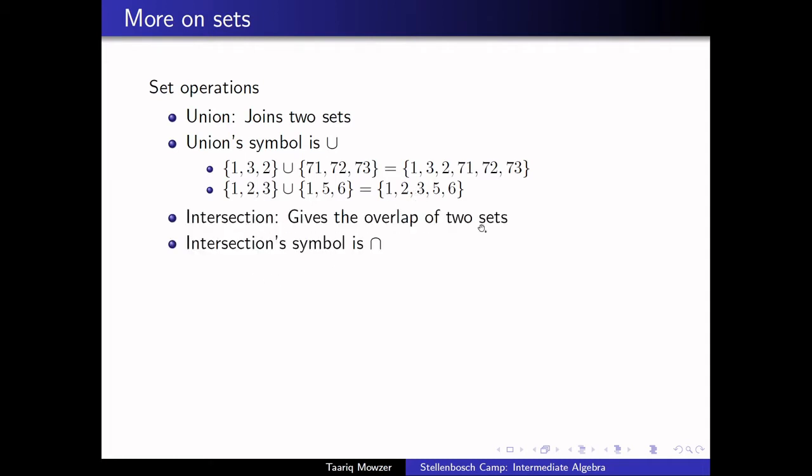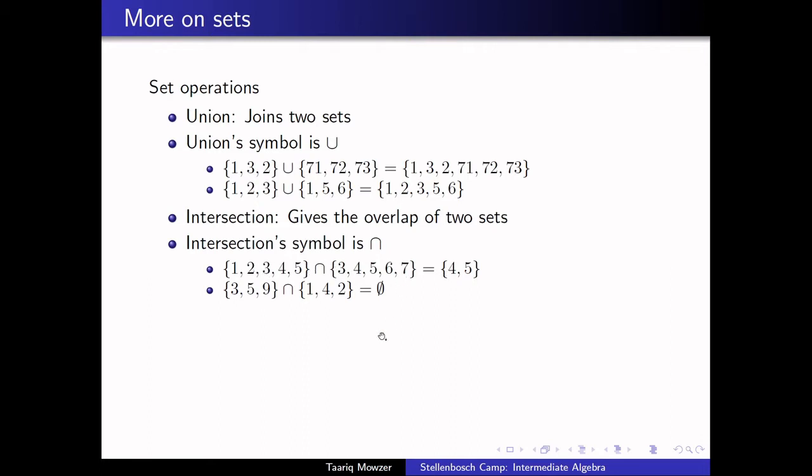Next we have intersection, which gives the overlap of the two sets. It'll be more clear in an example. Over here, if you want to intersect these two sets, the set 1, 2, 3, 4, and 5, and 3, 4, 5, 6, 7, you get the set 4 and 5. That's because 4 and 5 are the only two elements of these two sets that are in both sets,